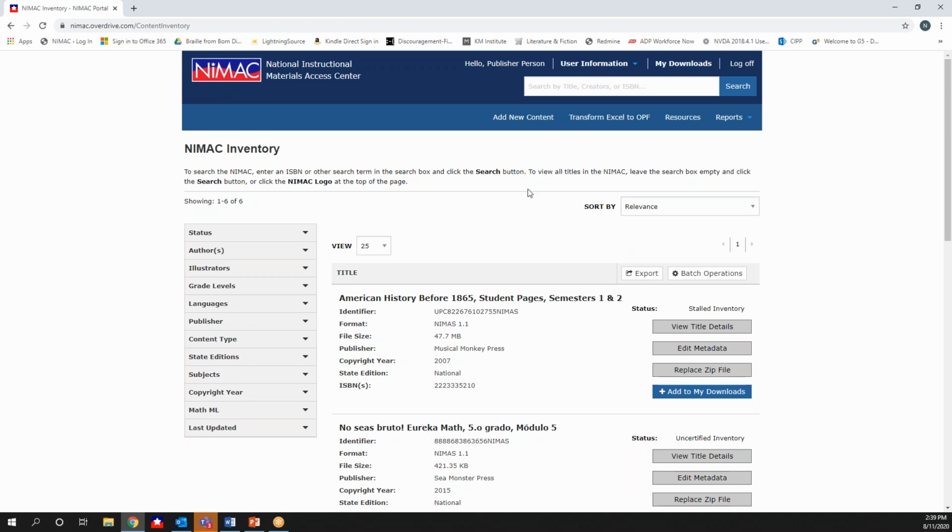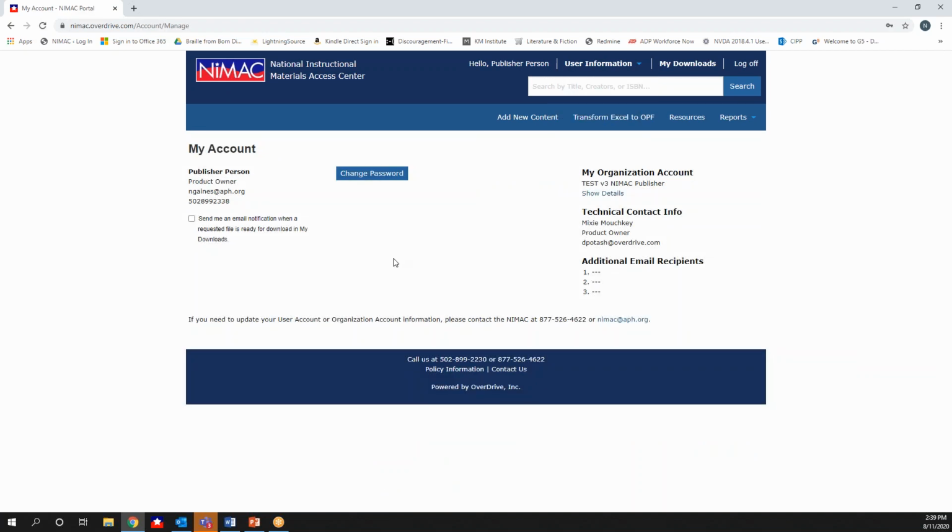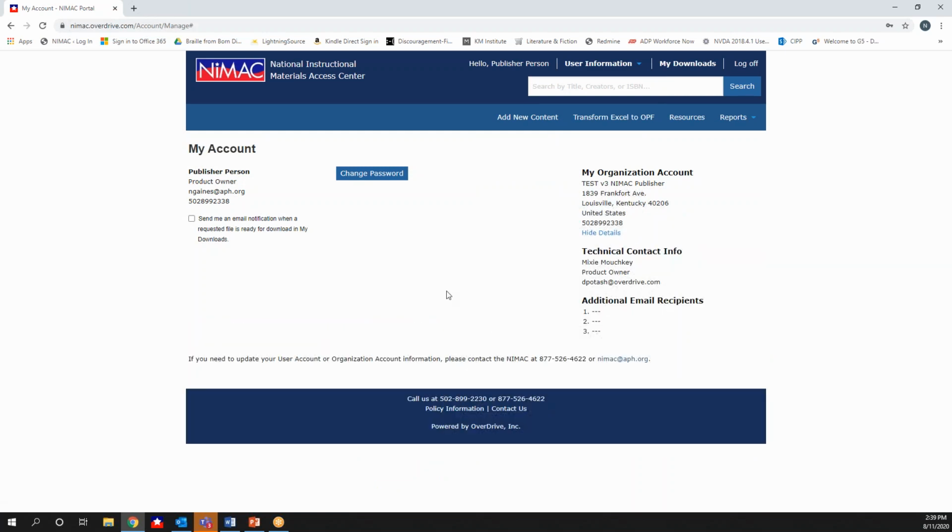It's just kind of a nice thing to know in terms of navigating in the system. So we're going to go up here to user information, and one thing that's really important to note here is you can view your user information here, but it is not editable. And this was something intentional that Overdrive recommended when we created the new online system. They said it's really better to have those changes come through the staff, and so that's what we implemented. You can change your password here, but if you need to change the primary contact or any location information,